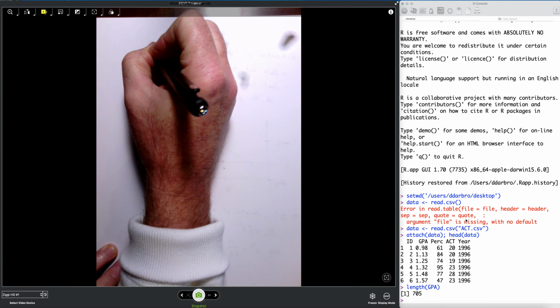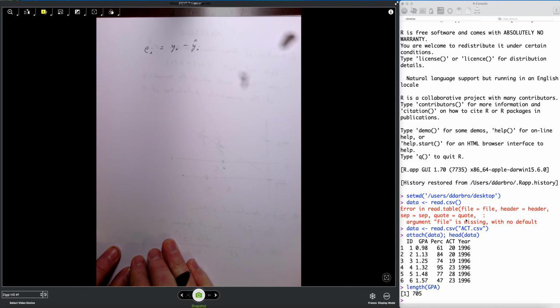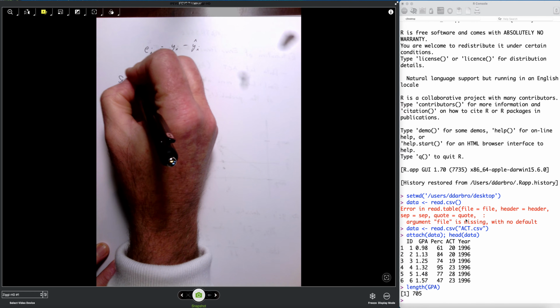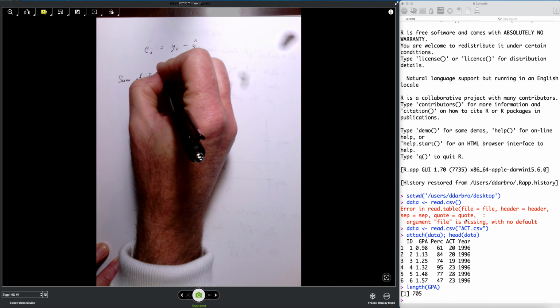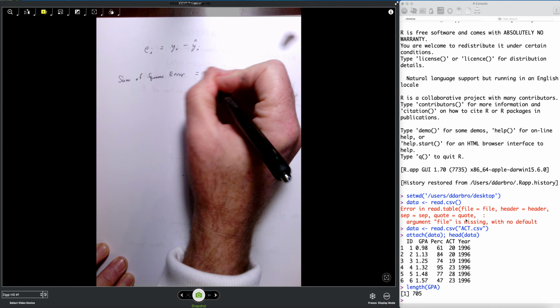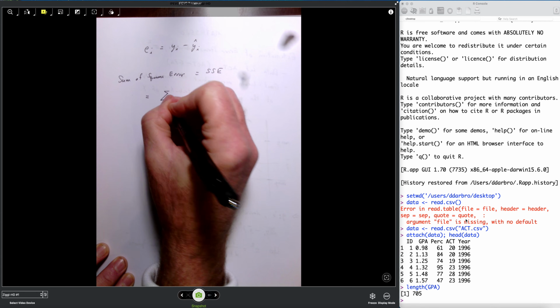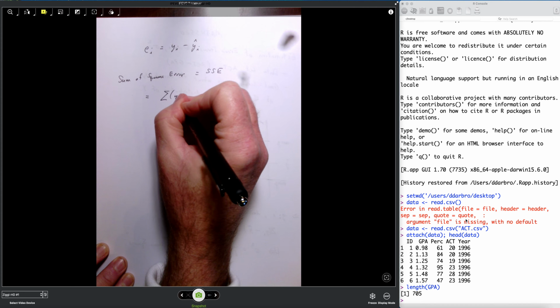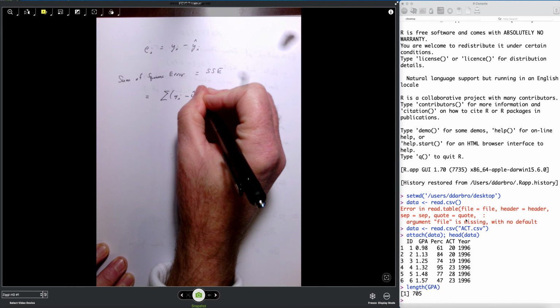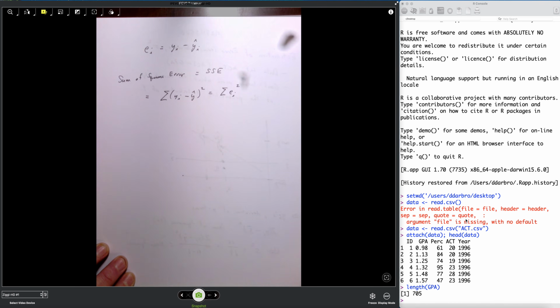So bring some new stuff. We know that the error, therefore, is defined by being the observed minus the predicted. So we can have what's called the sum of square error, which is SSE, which is the same thing as the sum of the error squared. So as before,